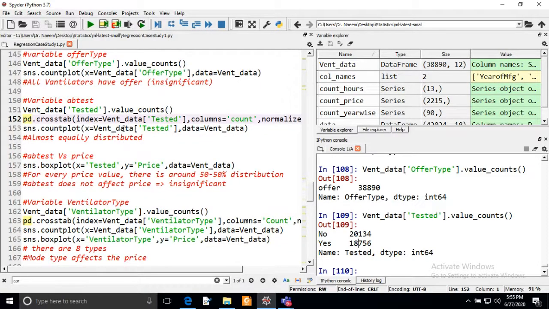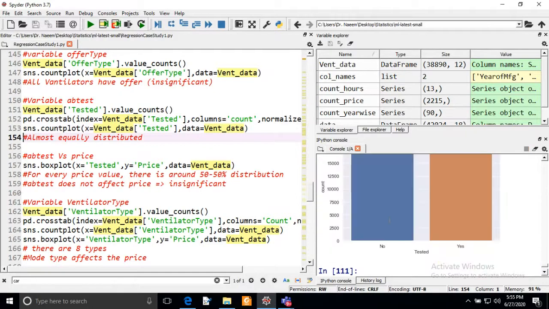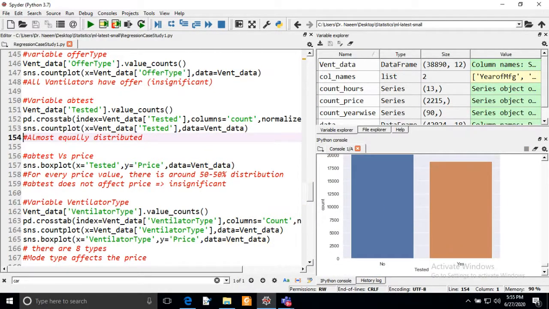We can look at the count plot of this. So 50% have been tested, and 50% have not been tested. You can see the count plot here, showing the same information we discussed in the cross tab.